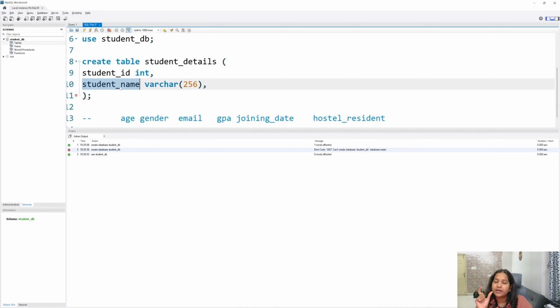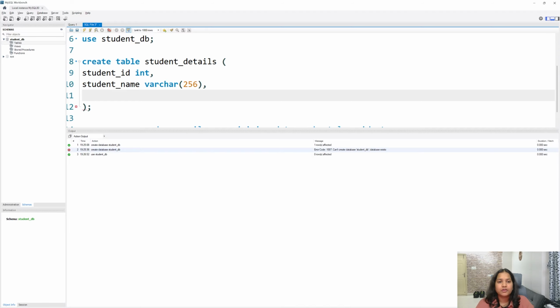So that name column is not fixed length. In those cases, you have to use varchar. And 256 says that this is the max a varchar can hold, meaning 256 characters. There are larger sizes like 512 and so on, but right now 256 is the max that it will hold.